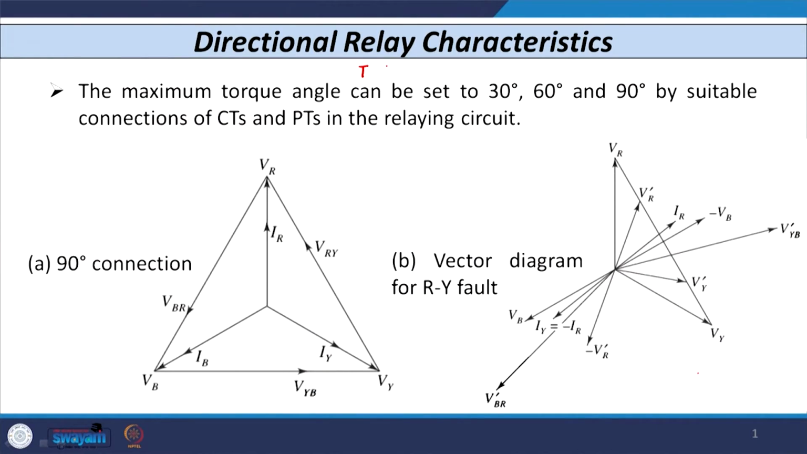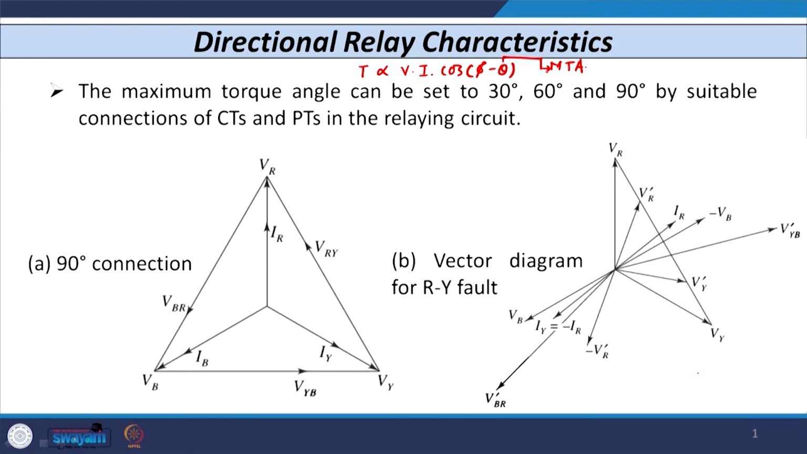Okay, so last time we discussed the directional relay, how it operates, what its characteristic is, and then how we can introduce the maximum torque angle, or characteristic angle theta, in the torque equation. So, we have discussed that the torque equation T is proportional to V into I into cos of phi minus theta,